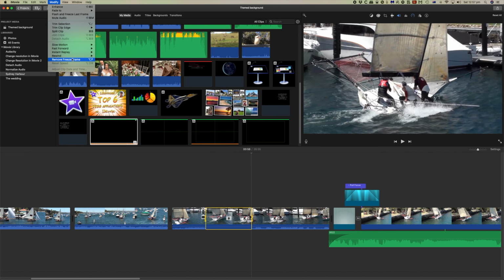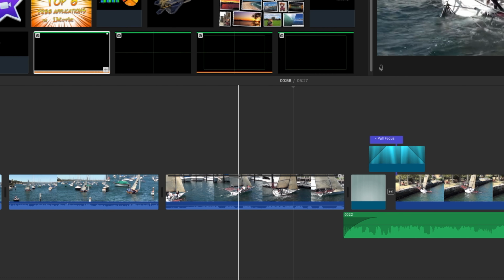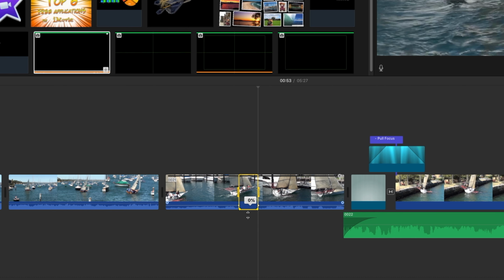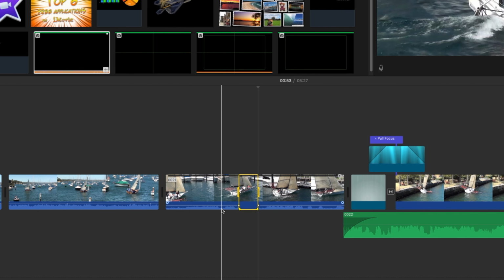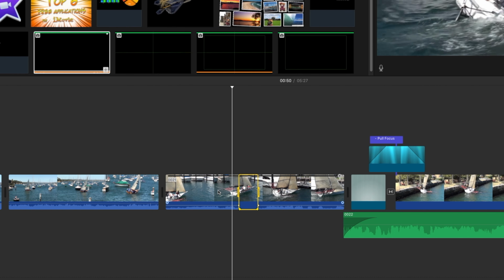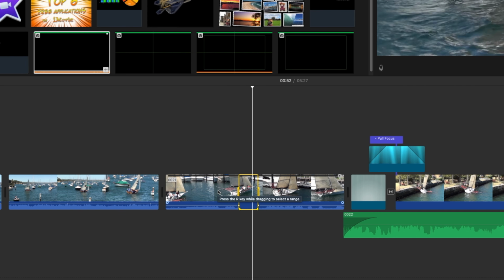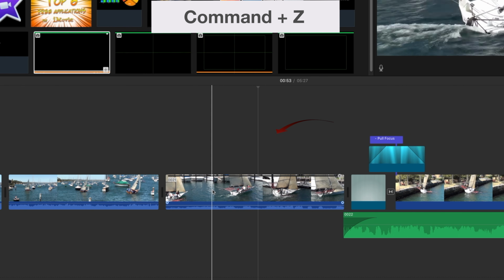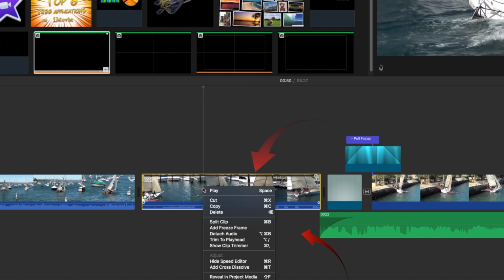Now when we use the range tool to select and reduce the audio in a particular section, then that audio doesn't have any background sound at all. So there's no ambient audio. So what we could do with this is we'll just undo that for a moment, select the clip, right click